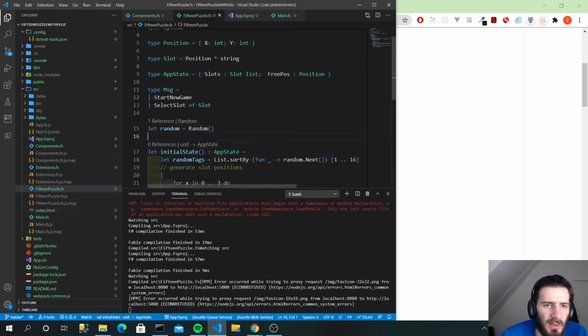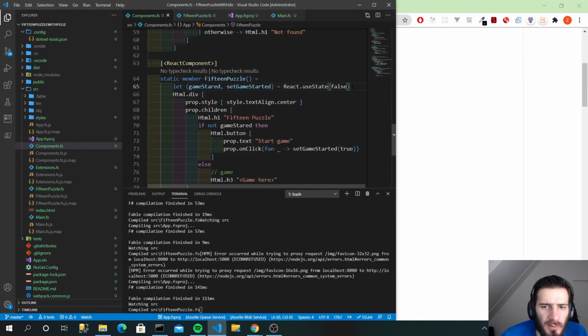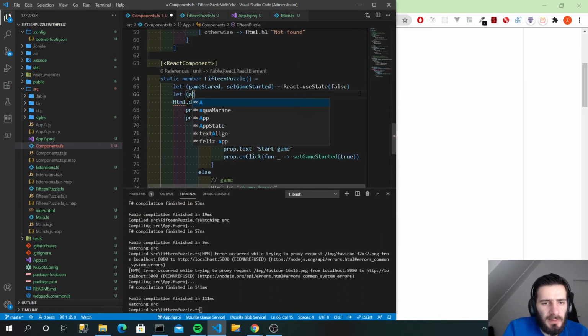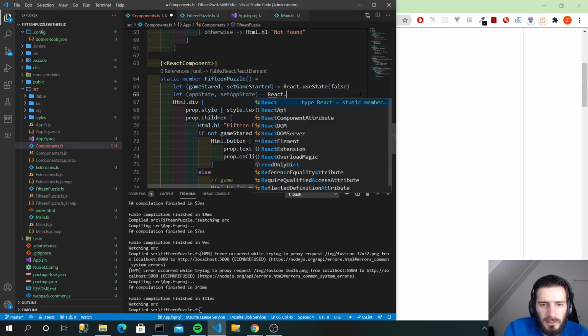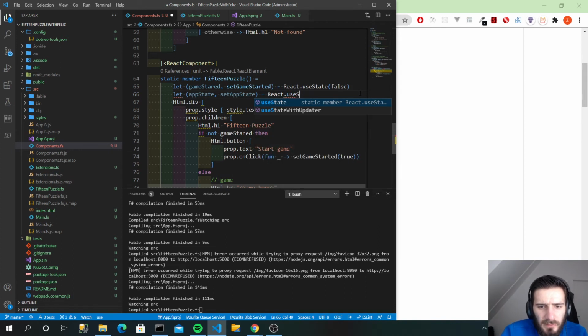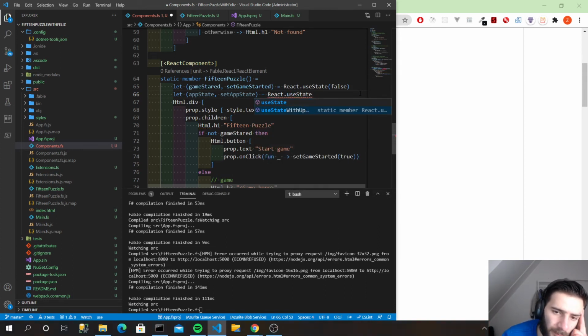Okay. Save components. Let's add app state, and then set app state is React, and then I'm gonna use state. There are two kinds of use state. So this part's the use state with updater, which is slightly different. It's actually the same function,